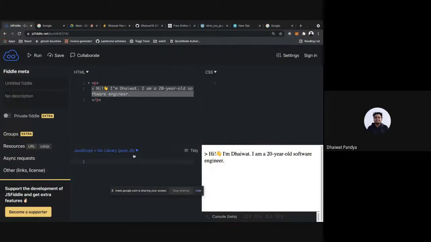If you know these 3 things, you can build anything that you want, any type of web application. Okay, you can build your own version of Facebook, you can build your own version of YouTube, you can do anything. Okay, so that's why we are here to learn about these 3 things.